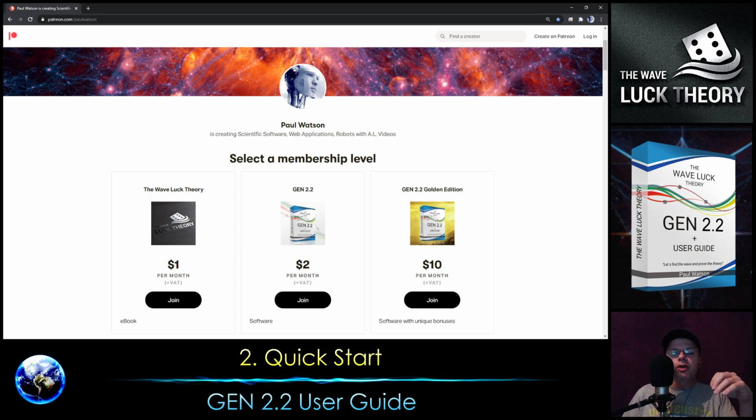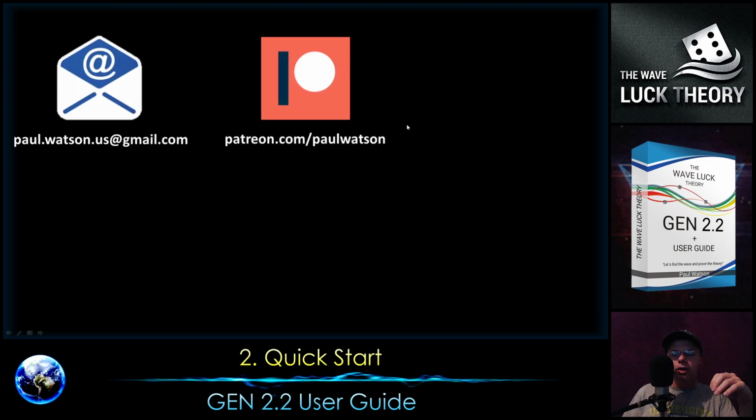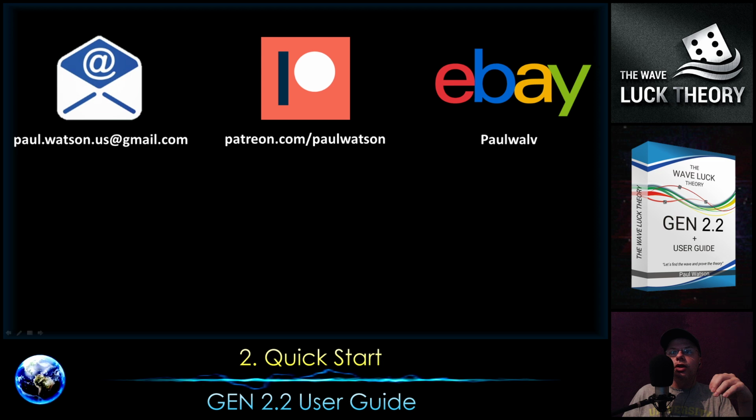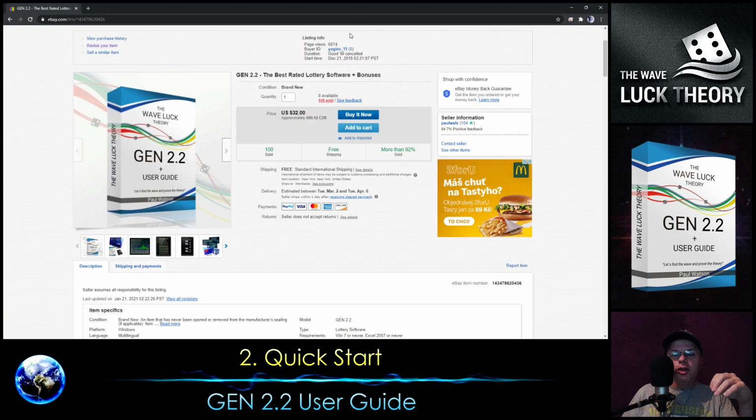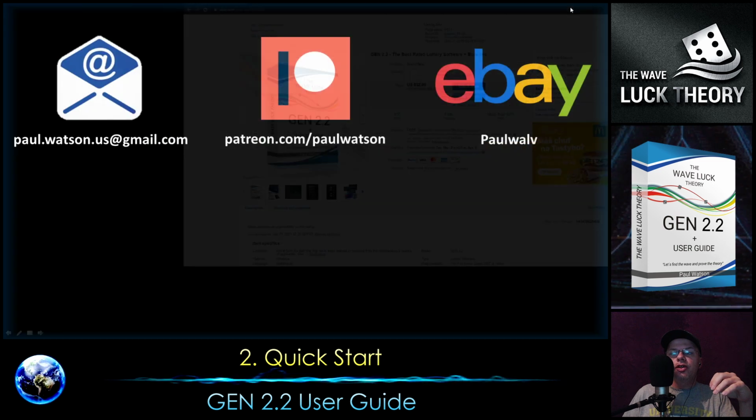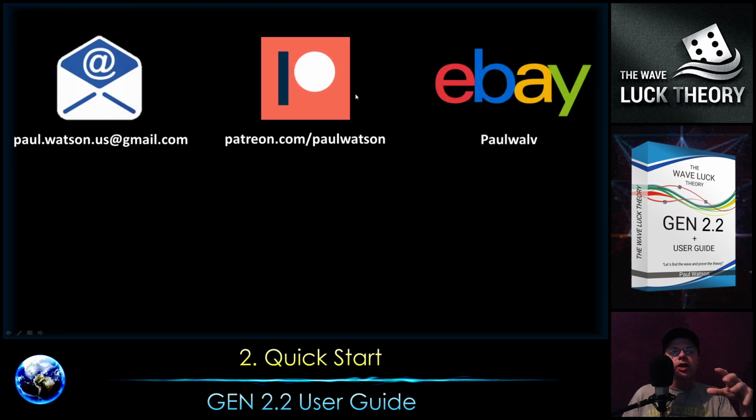For example, the $2 tier gets the standard edition and the $10 tier gets the golden edition, which is also the cheapest way to get the golden edition and support my work. And finally, you could buy it on eBay clicking the buy now button. So these are the 3 ways how you could get the Gene from me, and to be able to run